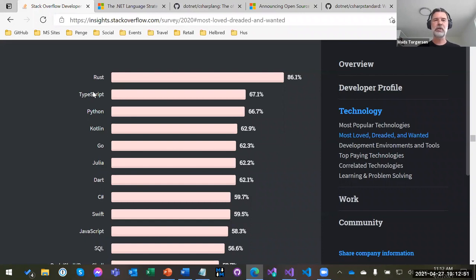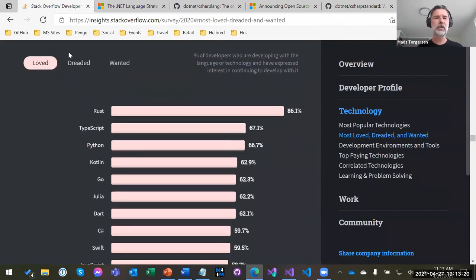And for some reason, Rust is way out and above everyone else, but otherwise you see a fairly flat edge there, and C# still fairly comfortably in the top 10. So we're happy that we're a language that many people use, but also that they like to use. It's not just because somebody told them you have to do this in C#. By and large, people choose to use C# because they want to as well. So, okay, we must be doing something right.